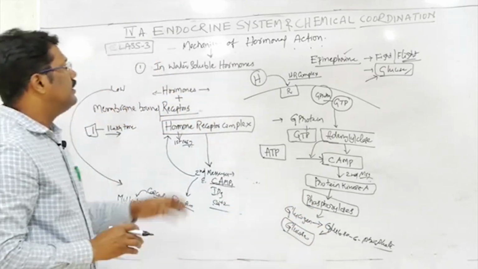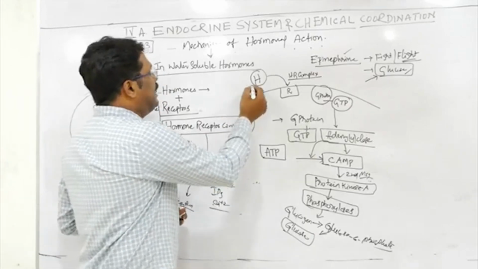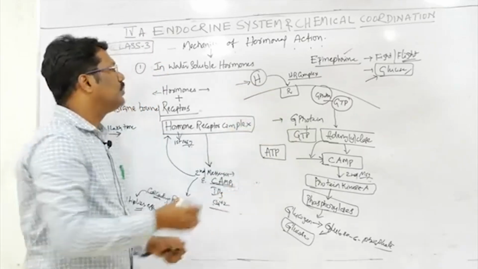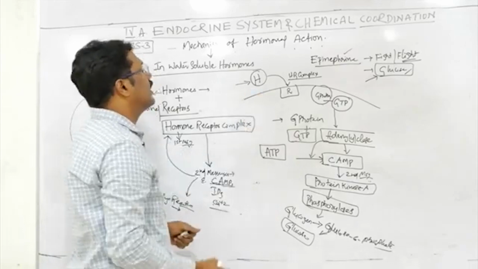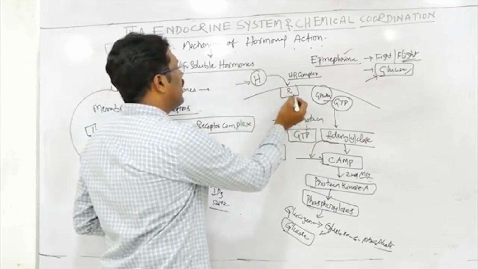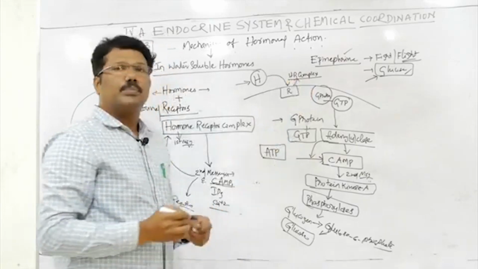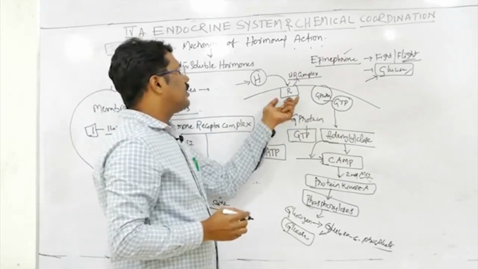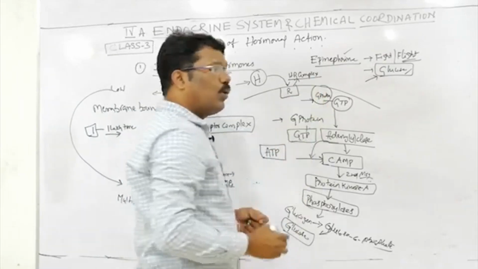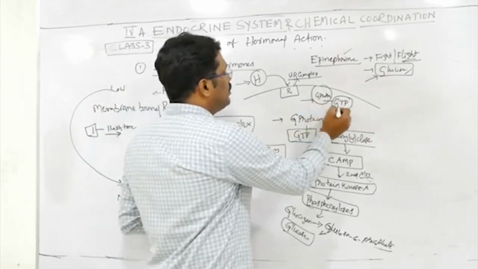So, this is how the various reactions in the cell are initiated by hormone without entering into the cell. So, let us sum up all the reactions once again. The hormone, once released from the gland, reaches the cell and attaches to the receptor, forming the hormone receptor complex. Hormone receptor complex activates another membrane bound protein called G protein, and this G protein attaches to the GTP,